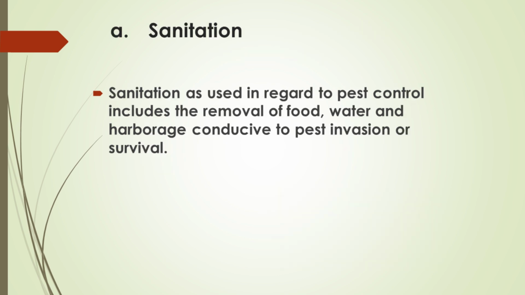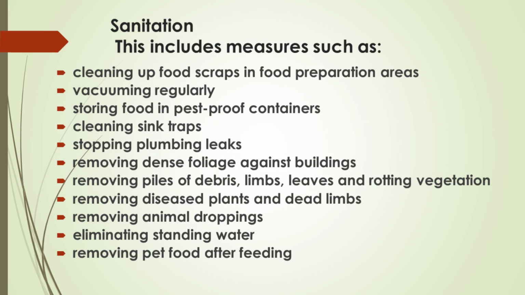Sanitation is one of the best ways to help control pests when thinking about IPM. Sanitation, as used in regard to pest control, includes the removal of food, water, and harborage conducive to pest invasion or survival. This includes measures such as cleaning up food scraps in food preparation areas, vacuuming regularly, storing food